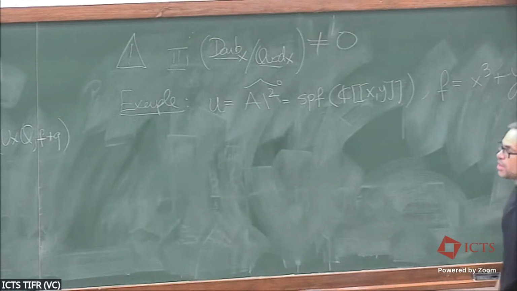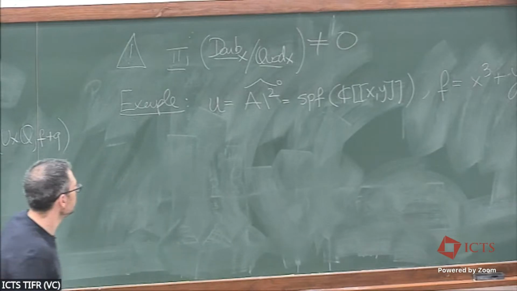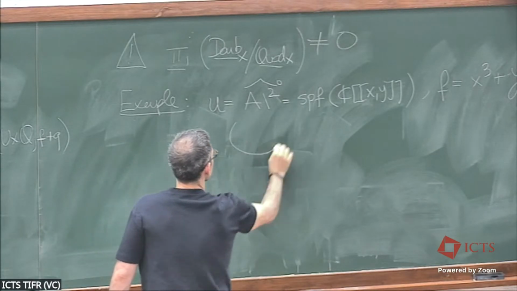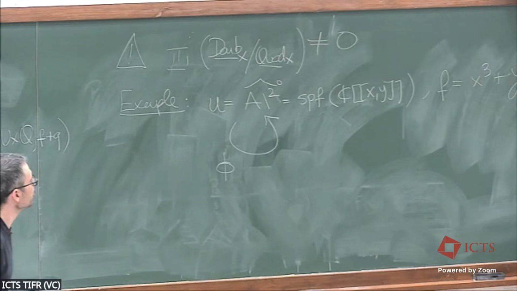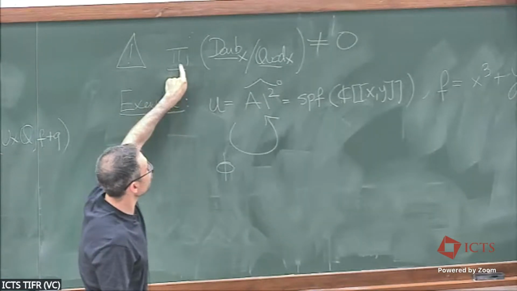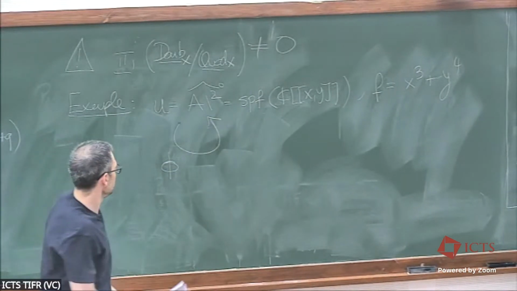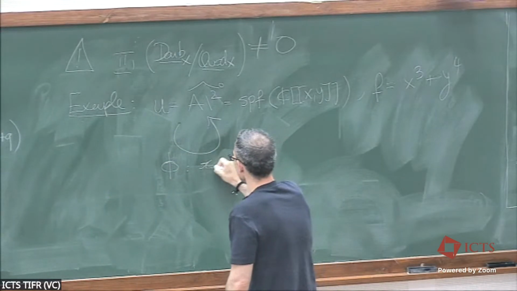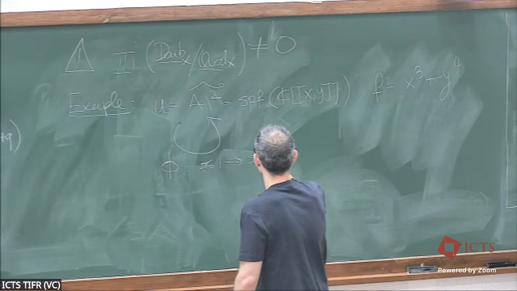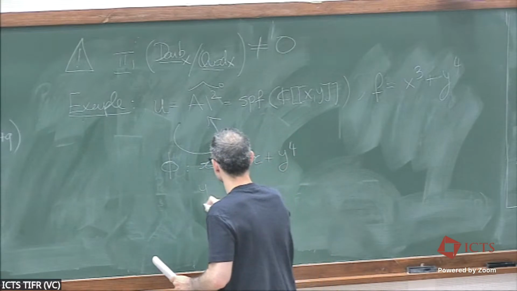Well, it's going to be a complicated function, but it will illustrate what I want to explain. So one thing I can do is to consider an automorphism of this scheme. So I want to produce an element in pi1. An element in pi1 is an automorphism of such a model. So let me consider the automorphism given by sending x to x plus y to the fourth, and sending y